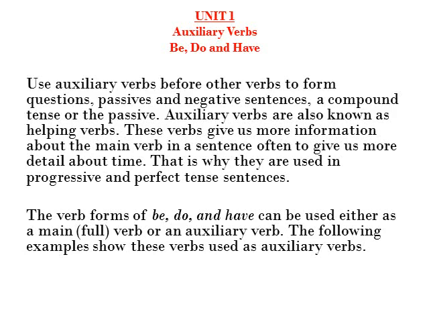The verb forms of be, do and have can be used either as a main or full verb or as an auxiliary verbs. The following examples show us these verbs used as an auxiliary. So,